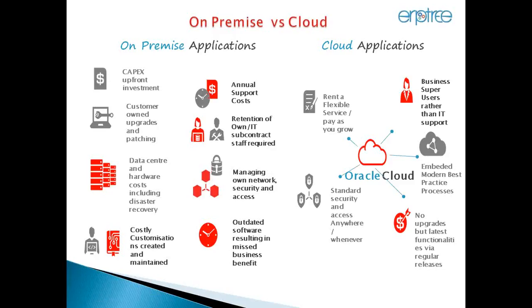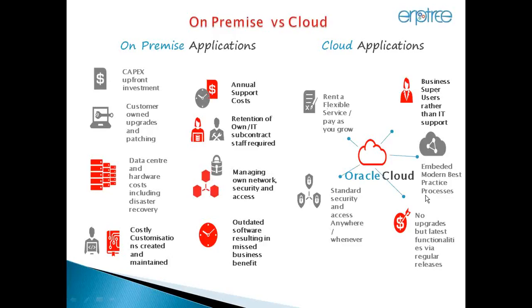In case of PaaS, the similar work that we do in EBS. And database hardware cost includes disaster recovery and everything, all of it will be managed by Oracle. We don't need to worry about data centers and deployments, etc. And costly customizations and maintenance would be very costly on-premise, but here, since it's a cloud, they'll be providing the platform where you can do the customizations if you go with a PaaS or IaaS, and the maintenance will also be pretty easy, given the flexibility they provide for doing the customizations here.